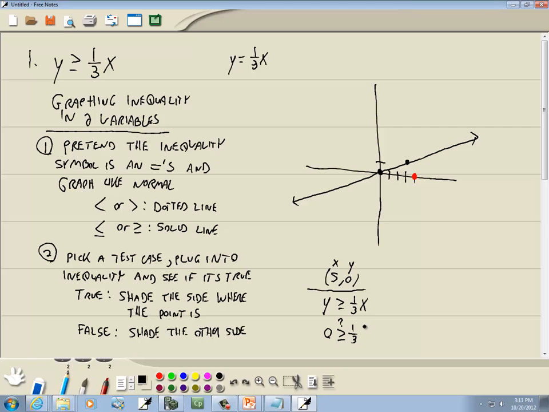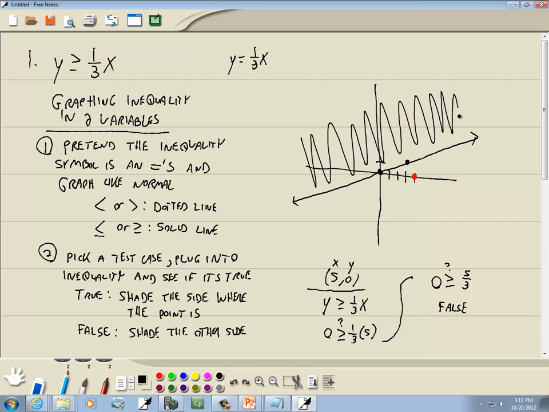And then we'll put 5 in for the x. So we've got 0, and this is a question mark, 1/3 times 5, which gives us 5/3. Is 0 greater than or equal to 5/3? No. So this is false. Now, if it had been true, then we would have shaded the side where the point is. So if it had been true, we would have shaded this side. But since it's false, we're going to shade the other side. So that's our answer right there. And I may do one more by hand just so you see it, but